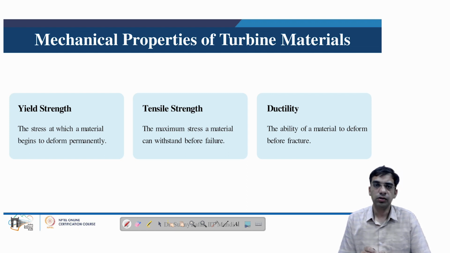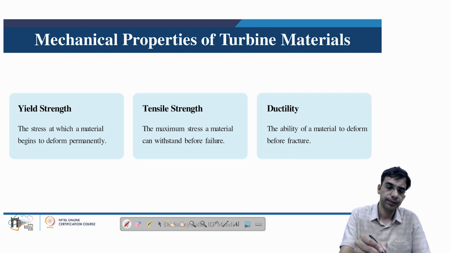Then tensile strength is also a very important criterion, which is the maximum stress a material can withstand before failure in tensile loading scenarios. Ductility is also important because this property helps in converting our material into sheets or drawing into wires and so on. Ductility and malleability is another property, meaning the material can be easily worked while we are converting it into the form of blades or the rotors of the turbines.